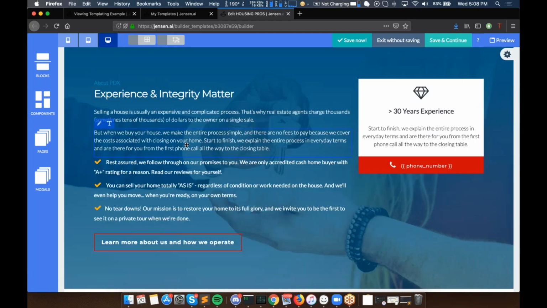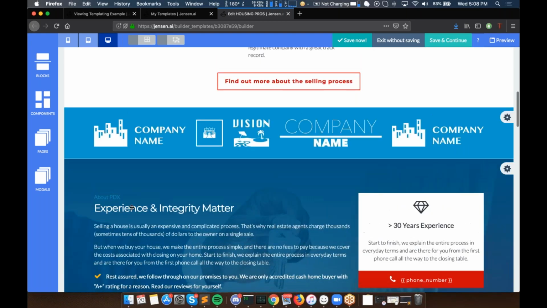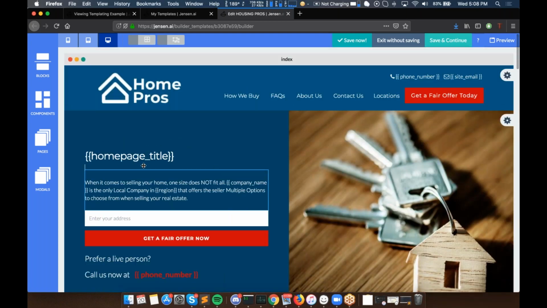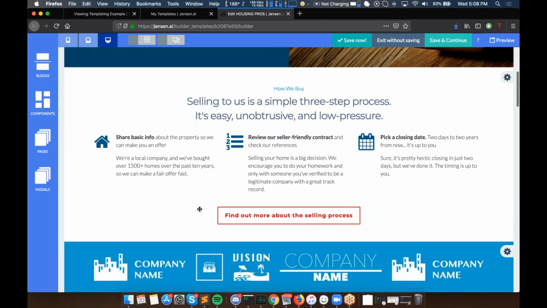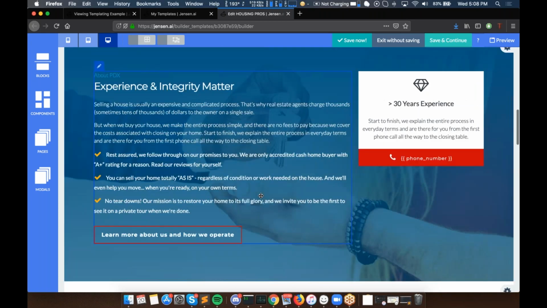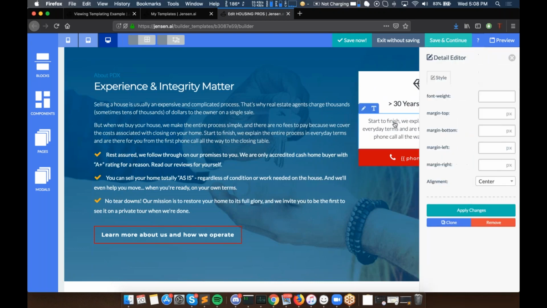If I was going to do this out in the real world, 100% and not just an example, I would probably have significantly more of this homepage content turned into substitution tokens. Right now for this example, I just wanted to show the overarching theme, but if I was going to do this completely, I might come in and do something like this, and say, let's see here, let's make